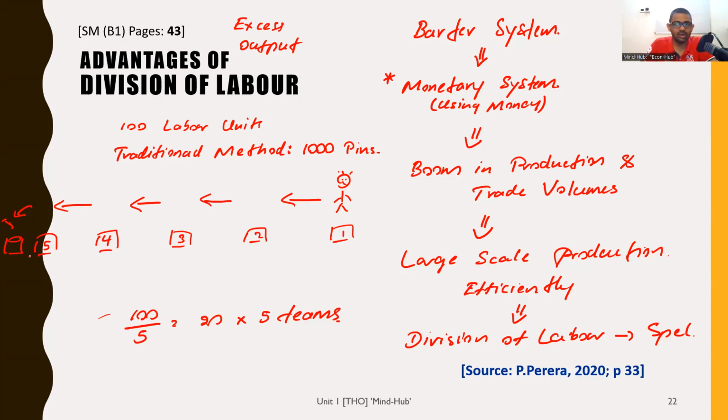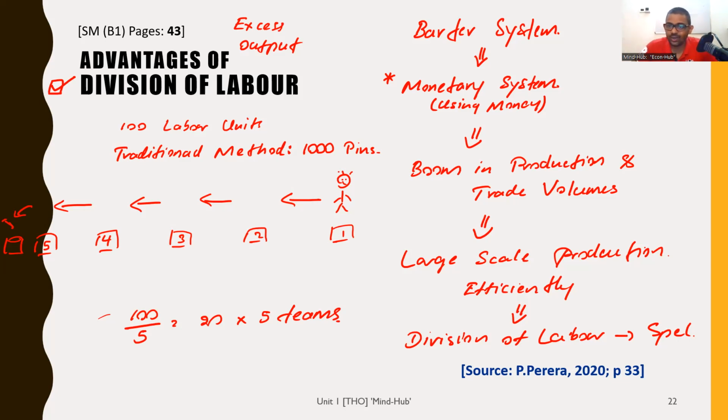Now the same person is not doing all stages. What has Smith done? He has implemented division of labor. And through that, what will happen? These 20 people concentrating on cutting the steel rod, just cutting that steel rod into that size, are only doing that job, which means they will develop something. What is the other thing that comes with division of labor? With division of labor, what will be developed in people? If you're doing only one task again and again, concentrating on one task, what will you develop about that task?